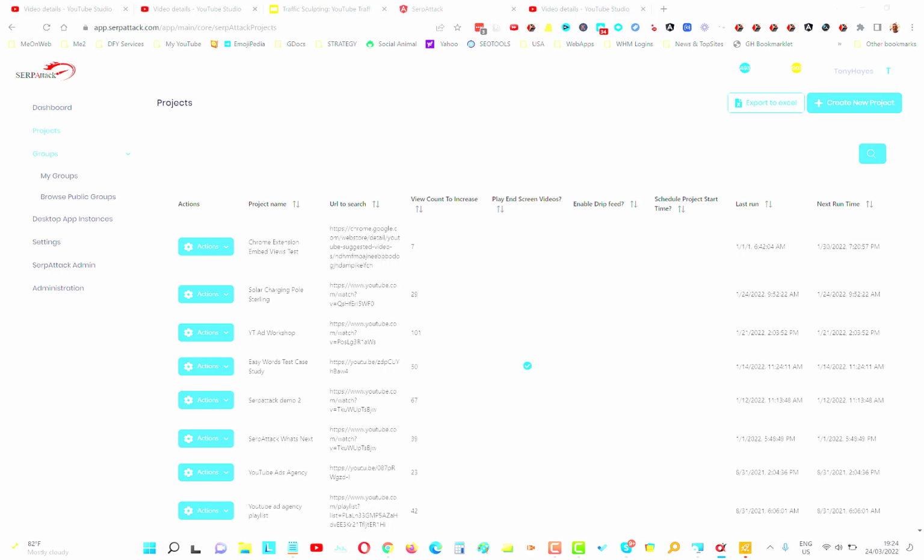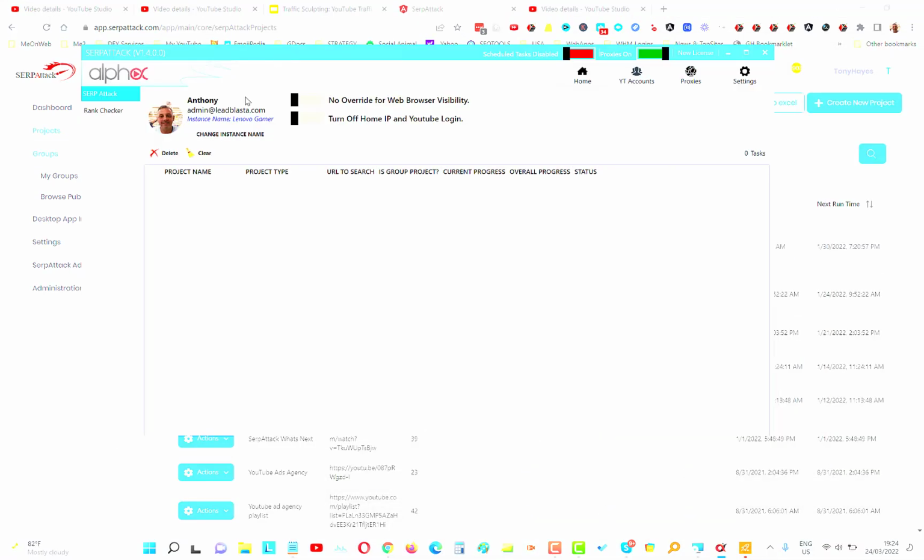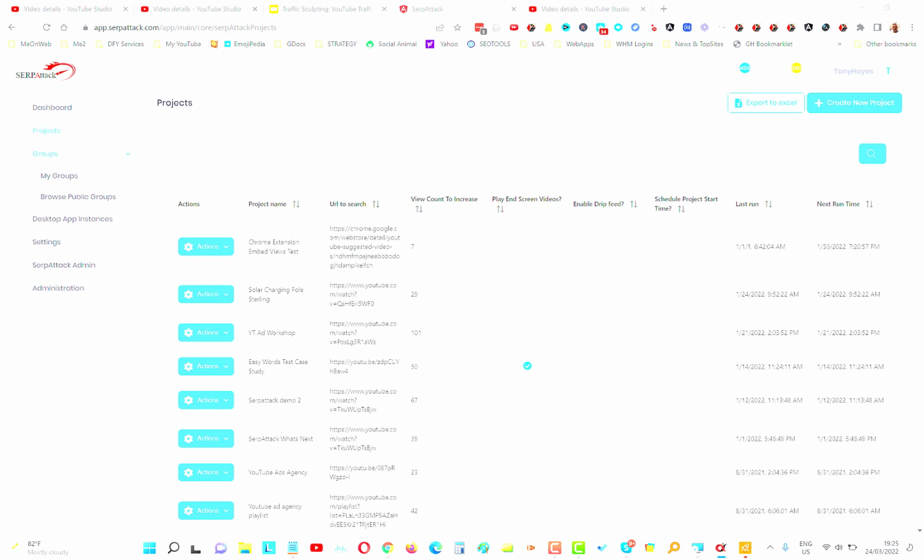Now we've also built into this the ability to use a home IP and log into YouTube with it. So basically you can do things like views while logged into a YouTube account, and we will add some other features like liking and commenting and all that kind of stuff a little bit later. But to properly use that, we're probably going to need about 2,000 members, and we're not there yet because we had some